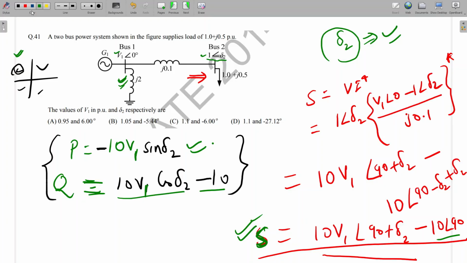Sir, in S is equal to VI, is V the receiving end voltage or sending end voltage? Now see, here I am applying this formula at this node. So here the voltage is 1 angle delta 2. At this node, I am applying this equation. Is it clear? Same thing I will do here also, for this node also. Like I explained in the last question, one time I have done here, another time I have done here. Then we observed that whatever reactive power is supplied by this one, and negative from this one,